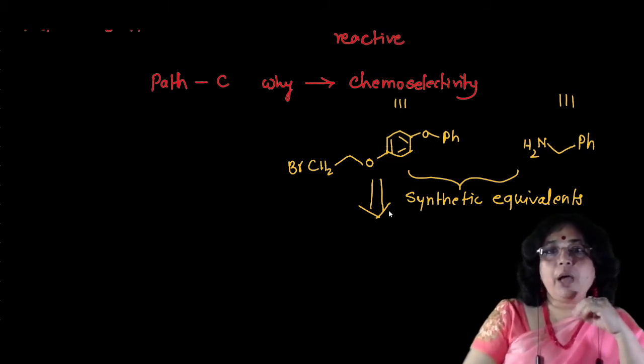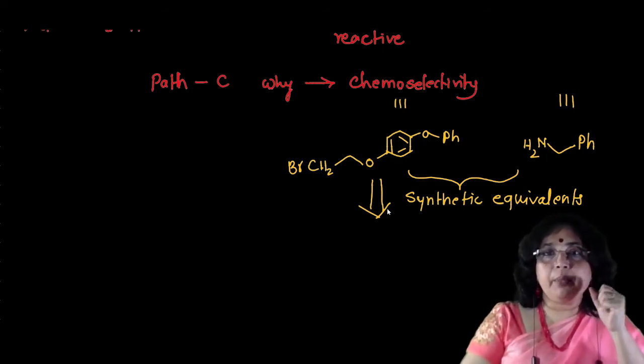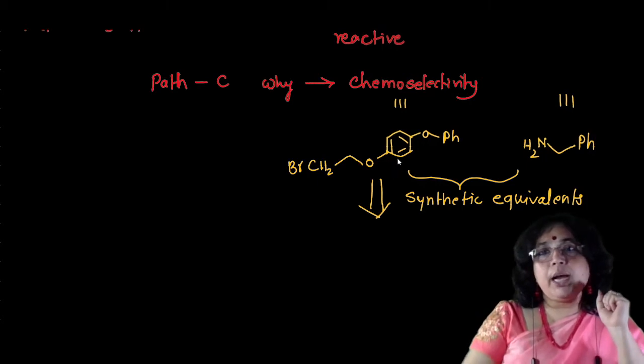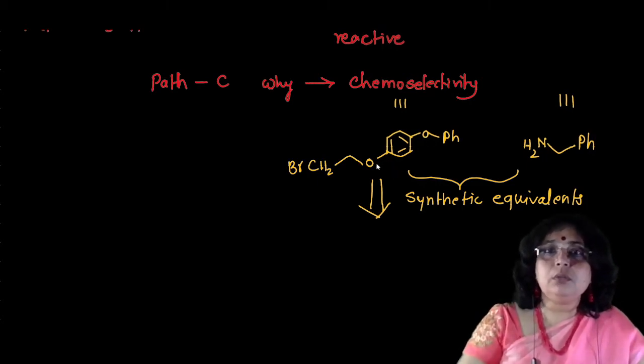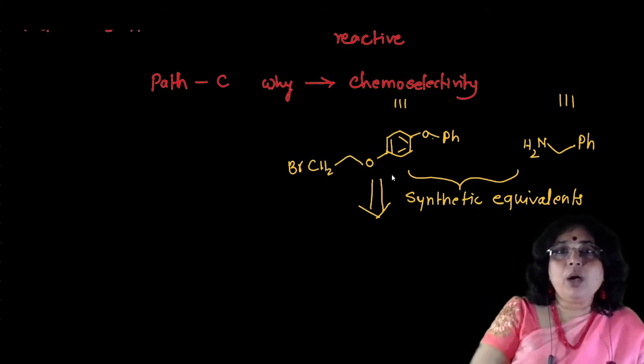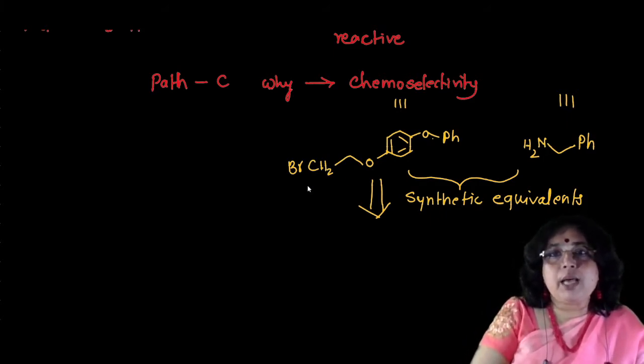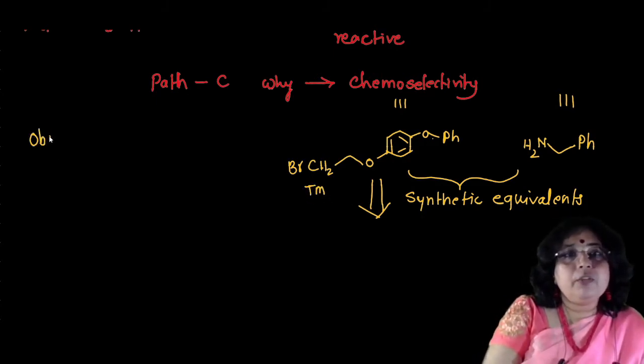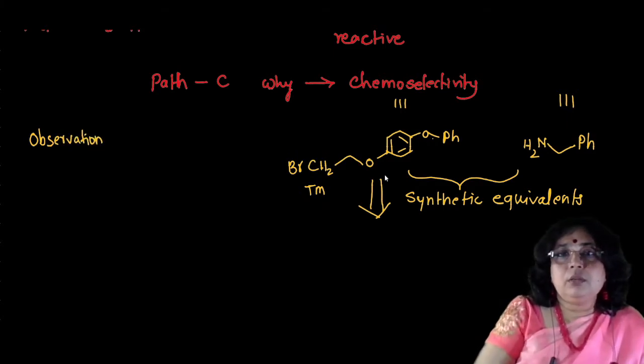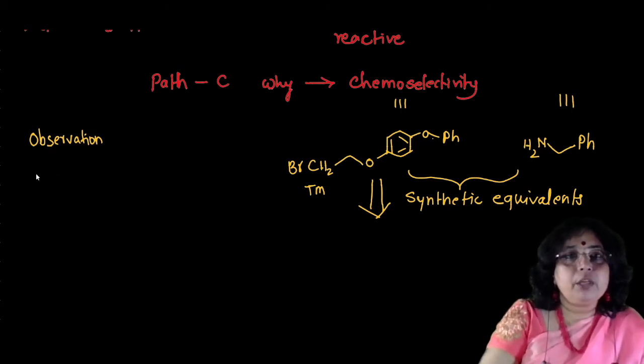Now just remember the definition of retrosynthesis, that we have to disconnect the target molecule into simpler fragments. Now here you can see that again we have two more functional groups over here. Now again I am considering this as a target material, and I can put the observation once more. Okay, now how many functional groups are present over here? Again here there are two ether groups and one phenyl group.